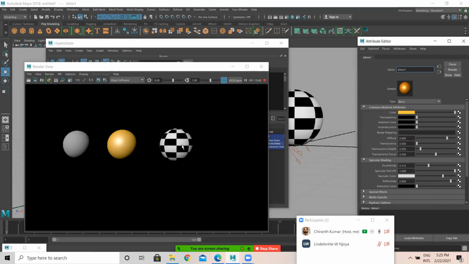whereas Lambert we can use only for objects which don't support specularity. So can you name a few objects which don't support specularity? A ball. A ball is made up of rubber.